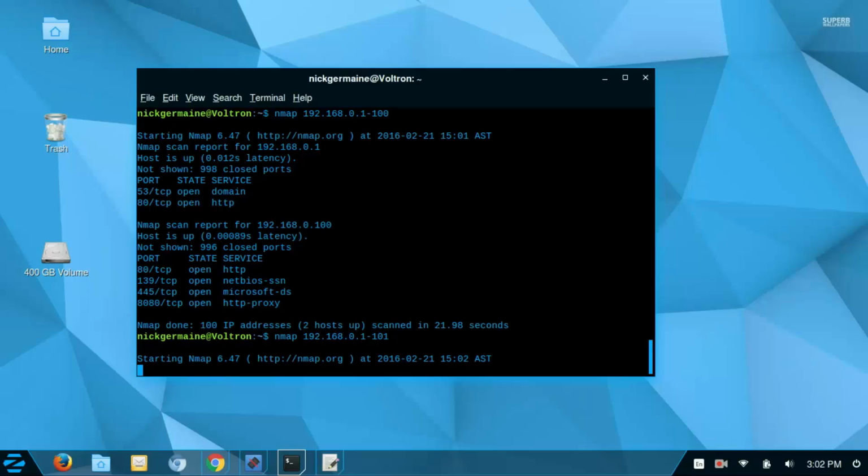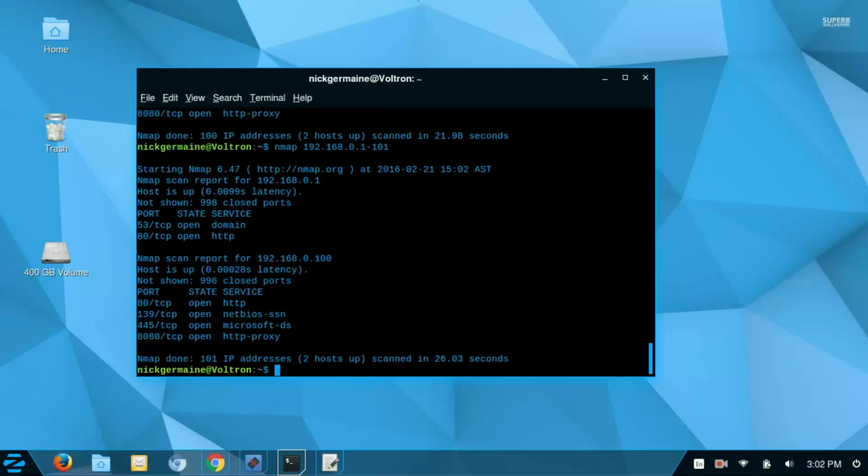And when you scan multiple IP addresses, the more you scan, the longer it takes. So, no, okay, so there's nothing available for my phone coming up. Now you can also scan, so when we talked about IP addresses,